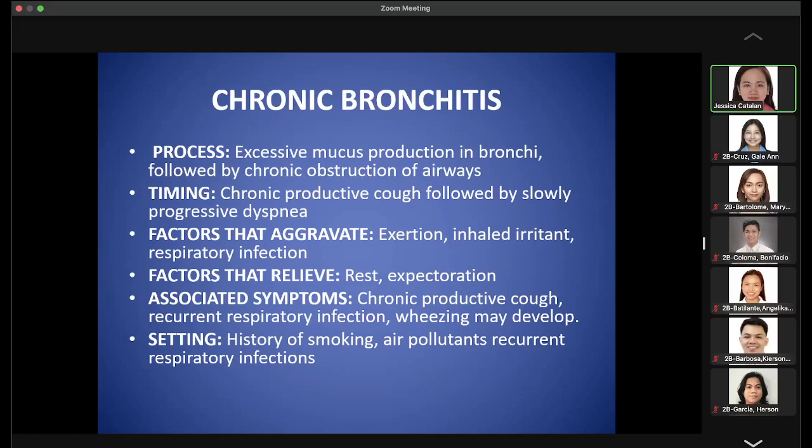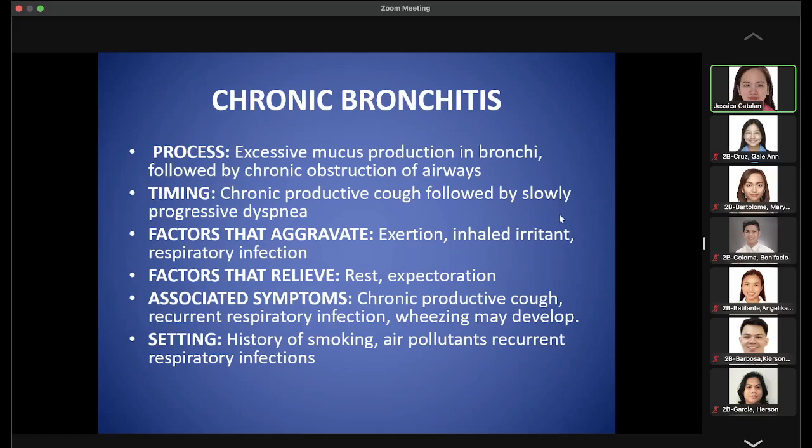Okay, next naman, we have chronic bronchitis. So, with chronic bronchitis, yung pathology here would be there's an excessive mucus production in the bronchi. So, imagine your airways, no? Dapat yan maluwag, no? Para makadaan ng hangin in and out. But imagine it na filled with phlegma or mucus, no? Then, this will obstruct your airways. So, hirap nga yung huminga ang patient. There is difficulty of breathing.